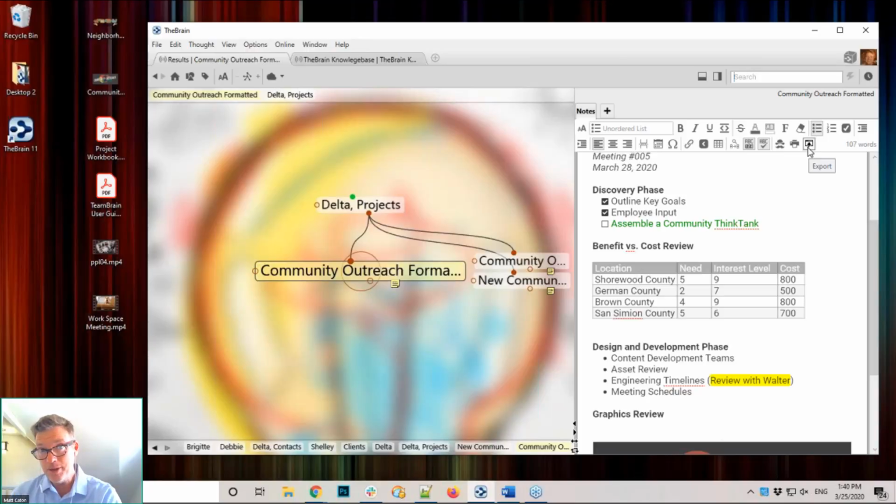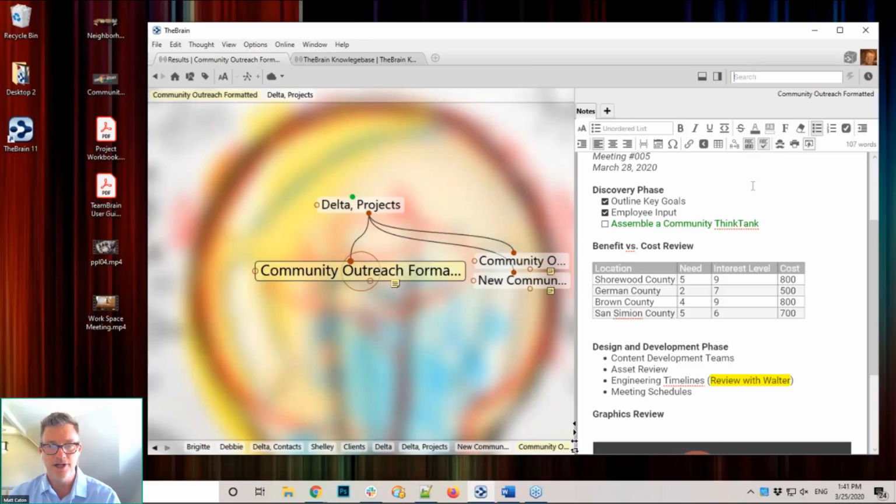And we've got a special button just for exporting as a PDF right here in the Notes panel or Notes toolbar. So I just simply click, and I can open this in a browser. This is particularly nice because if I ever need a script for a presentation, or I just want to view some content while I'm in a different area of my brain,